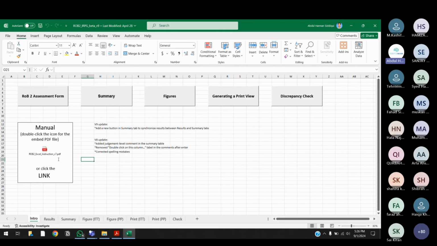Under the rock to assessment form, there is a manual, a PDF file attached. In your Excel sheet it will be attached in the same way. You can download this PDF file and read through it to understand the explanations of each and every question given in this Excel file. The concept for the rock to file and the Newcastle-Ottawa PDF is exactly the same. We will answer questions in this rock to file too, and the explanation of those questions is given in this manual attached to the Excel sheet. You can open this manual and for each question you will get the explanation of what that question means, alright? Is that clear?